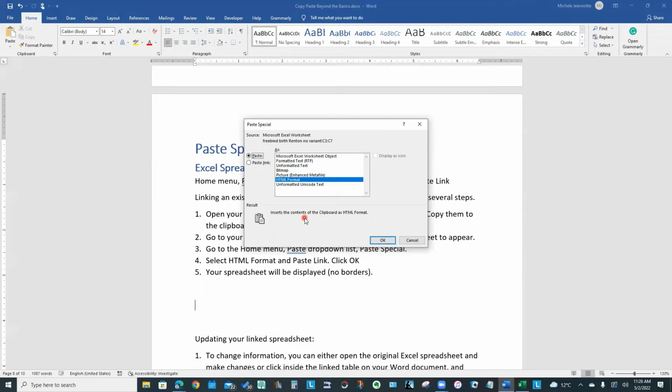So that gives me the situation of I'd have 2 copies of the information and I'd have to manually update both. I want it linked, which creates a shortcut to my source file, and changes to the source file will be reflected in my document. That's what I want. So if I now click OK,